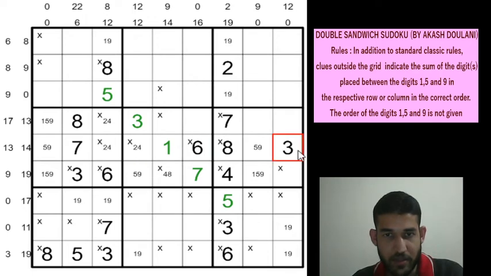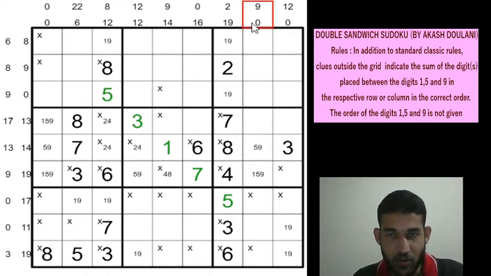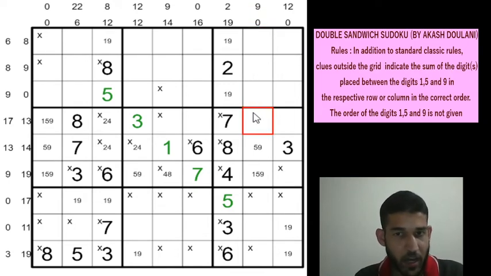So this is a 3 because there is only one cell left for the 3 in that row, and we can mark an X here because 1, 5, 9 already satisfy the 0 clue. To satisfy the 9 clue we need at least 2 cells because 9 cannot be made up of one cell. So this is an X and this is also an X,